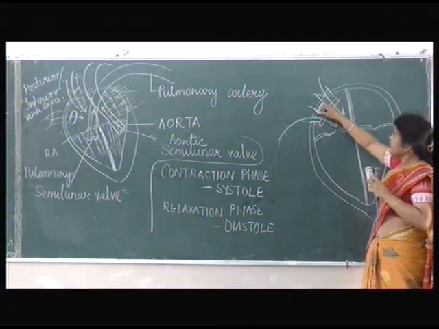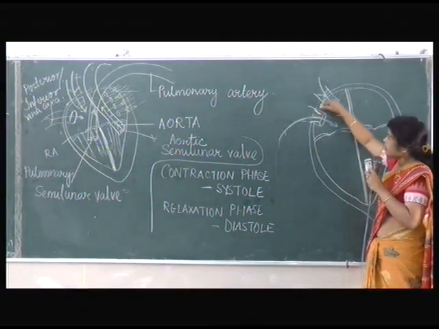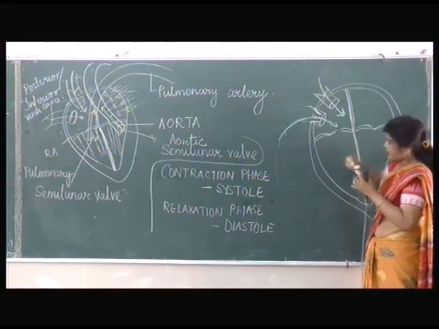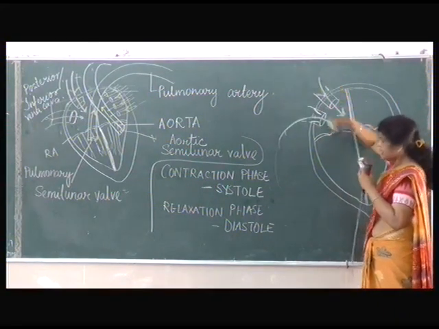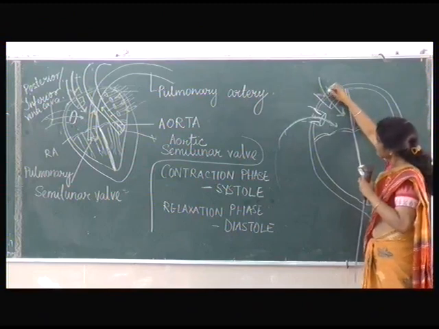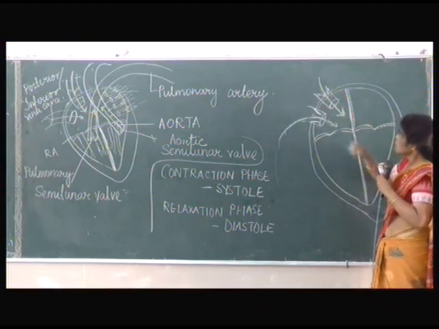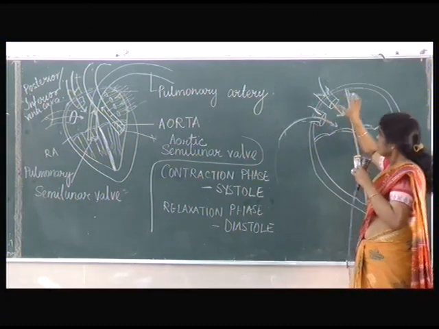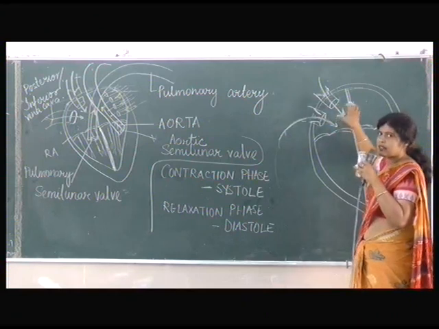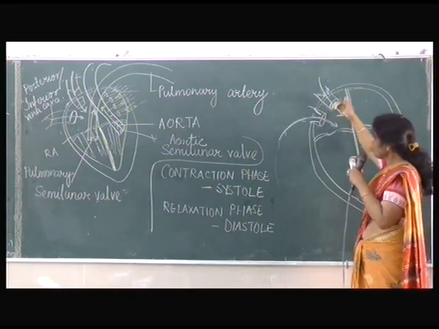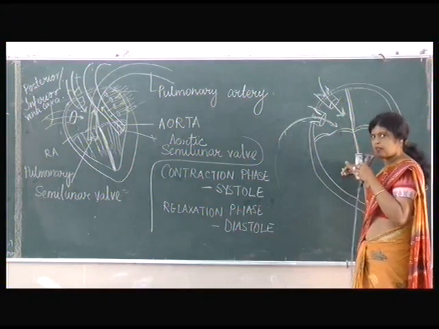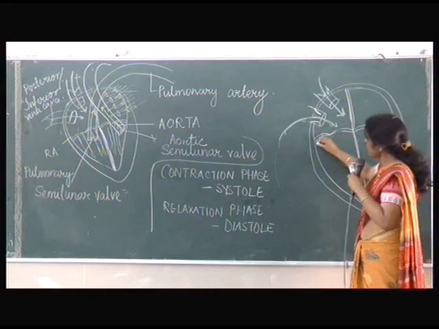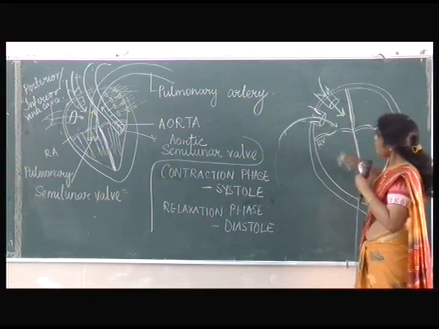So here we will see that these valves are open, and what does it show? The open valves show that the blood is flowing in. In the exam, you may not be shown these arrows. Is it all right? So now the right auricle gets filled with blood. Once the right auricle gets filled with blood, it has to send blood to the next chamber, that is the ventricle. Is it clear which ventricle? The right ventricle. It has to send blood to the right ventricle. Is it all right? Now what will happen?